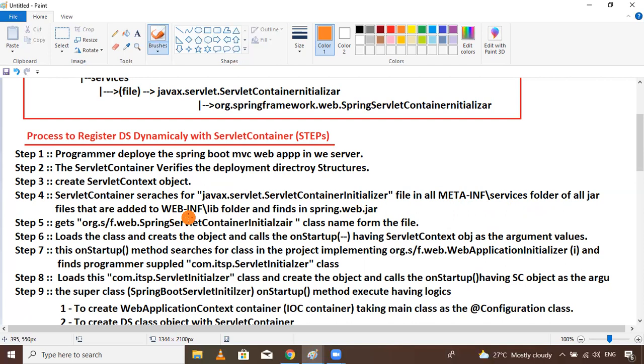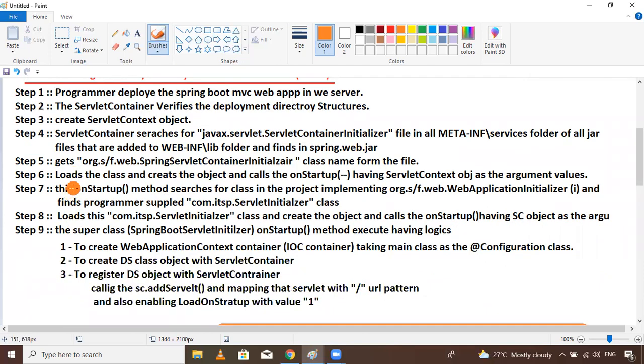These are inside the lib folder, all jar files. The servlet container will find this file inside the META-INF folder and services folder. From this file, it finds the servlet container initializer, the Spring servlet container initializer class name. So from the file, it will search it, and after getting this file, load this class,